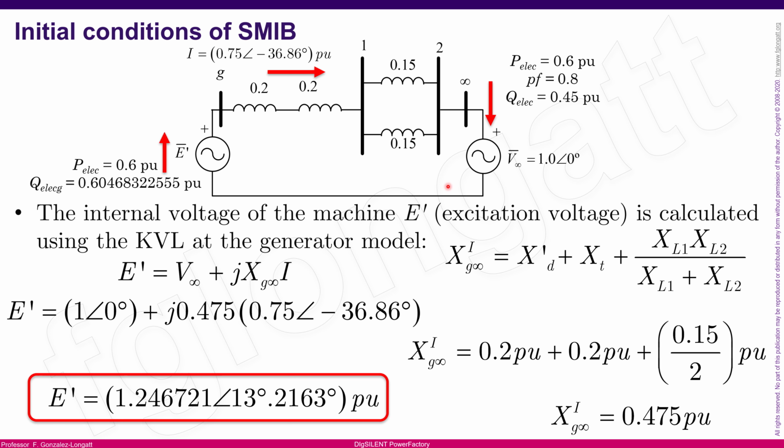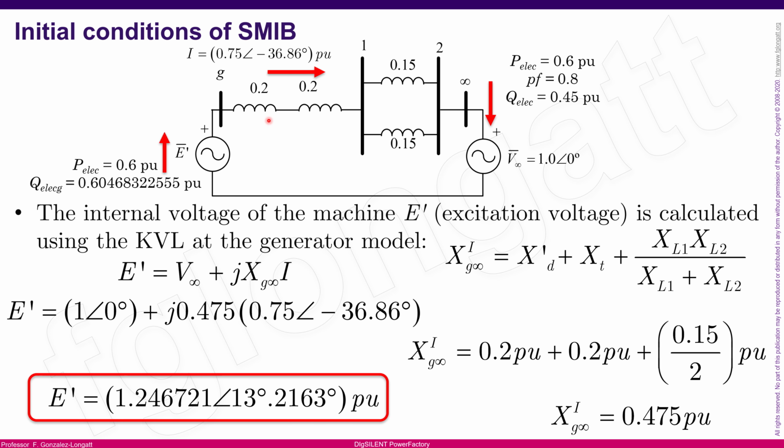Kirchhoff voltage law is probably the best tool that allows you to calculate that internal voltage. For instance, we can move inside this closed loop and write the Kirchhoff voltage law. For instance, this internal voltage should be equal to the voltage drop across this series of reactances, and